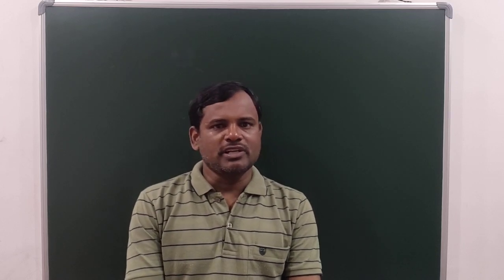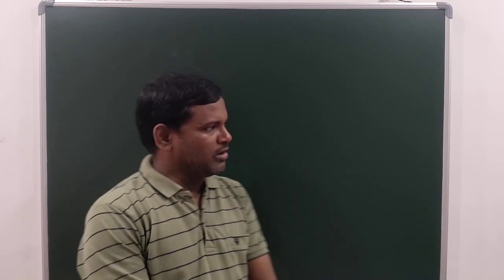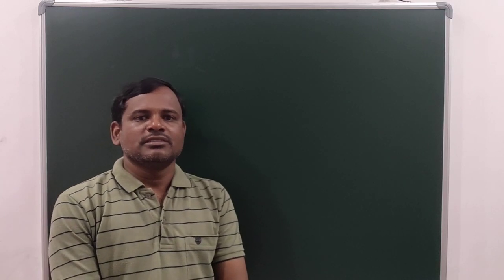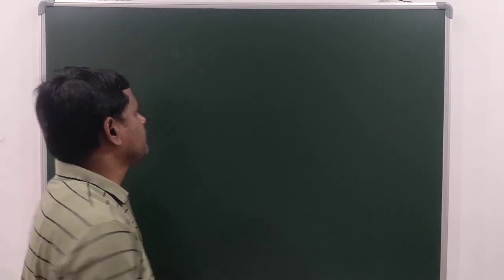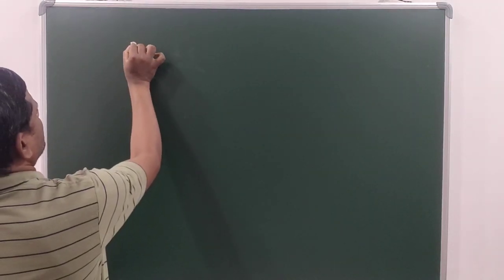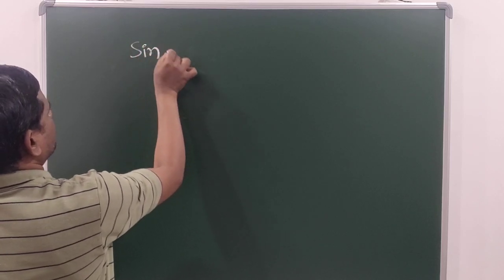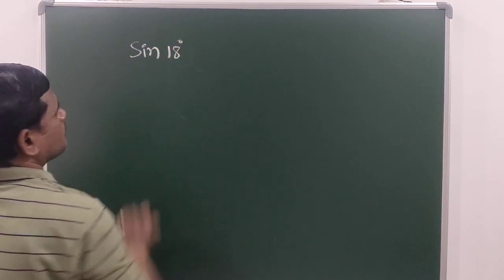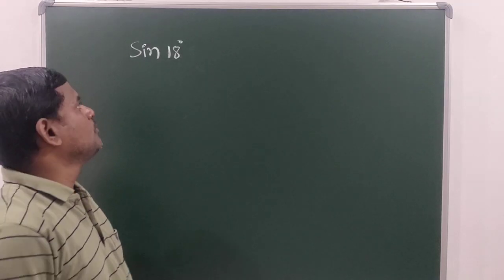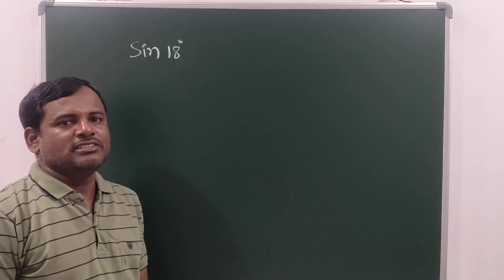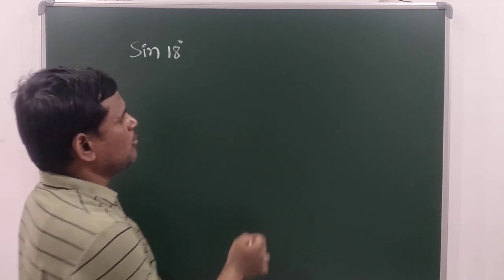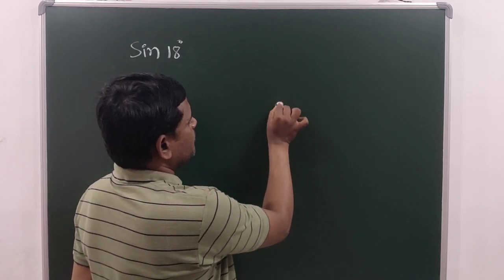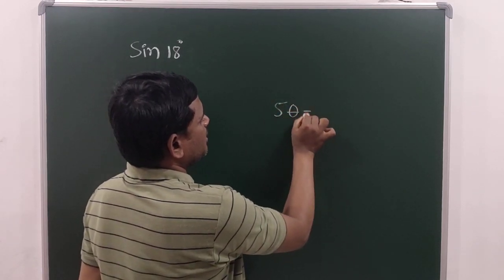In this class, now I am going to define trigonometric ratios at some standard angles. Now let us begin with sine 18 degrees. Now see, to find the sine 18 degrees, now I want to consider 5 theta is equal to